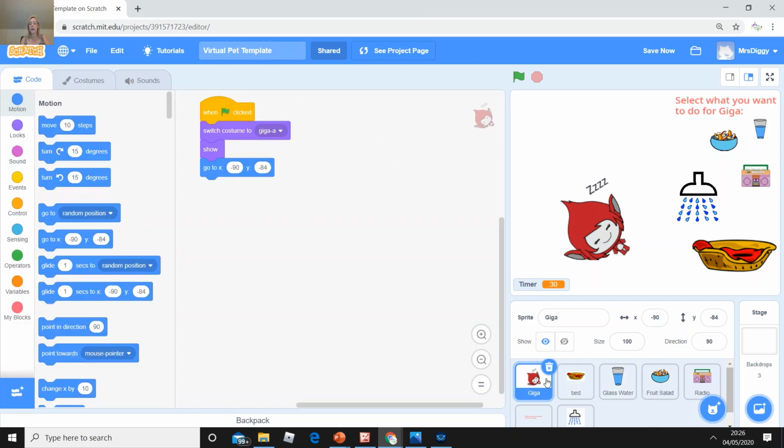So as well as Giga, I've also chosen some other items that I want to have on my page. These are all actually sprites, so they're all things that you can program. We've got a glass of water, a bowl of fruit, a radio, a shower, and a bed. Now these three came with Scratch, so I managed to just choose them from here where it's choose a sprite. The shower and the bed are just clip art that I found off the internet, saved them to my computer,